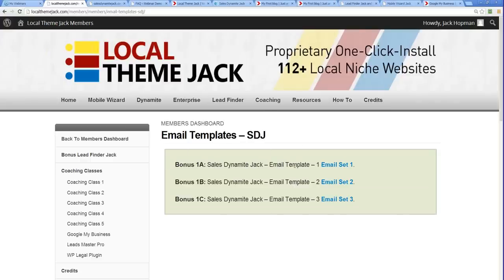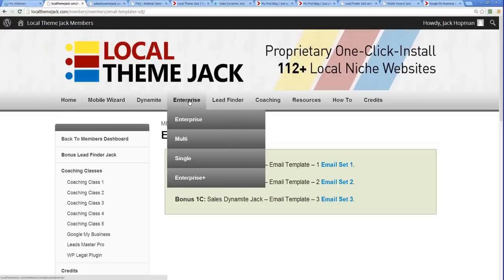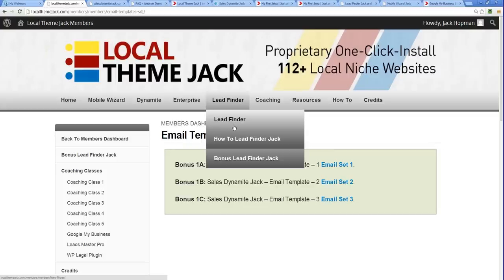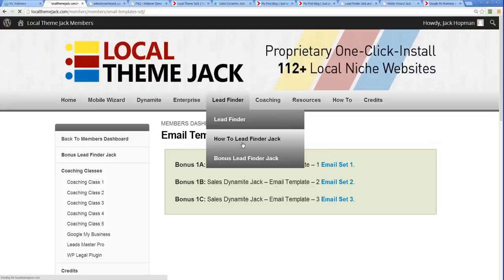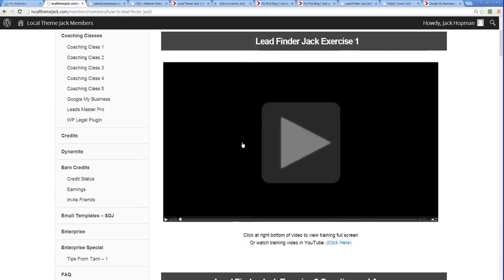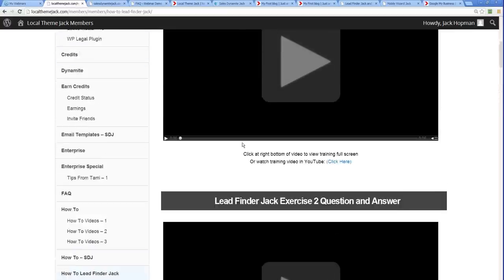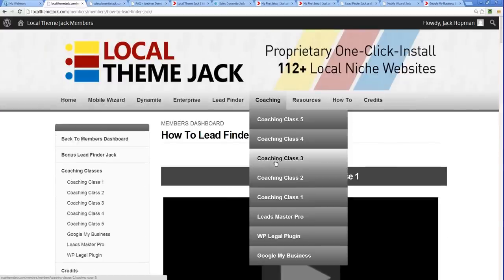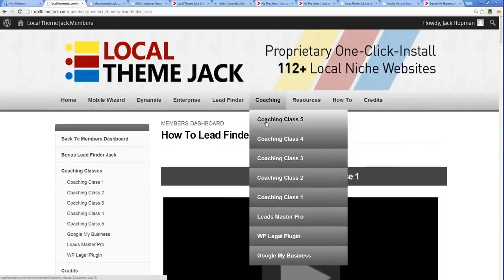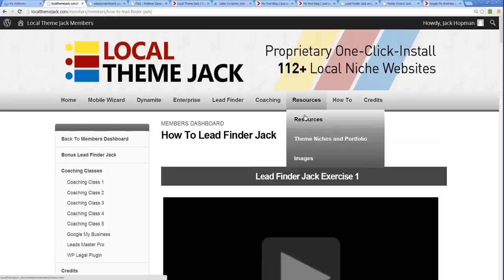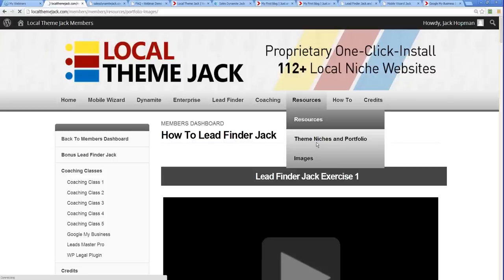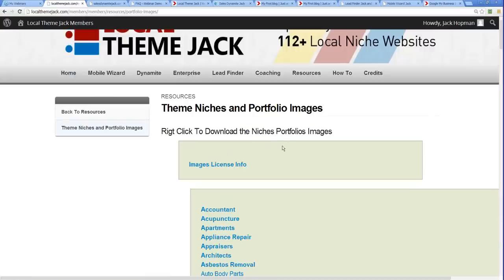Templates. Enterprise, Lead Finder tool, how to Lead Finder Jack, video series, coaching classes, resources, team niches and portfolio. You guys